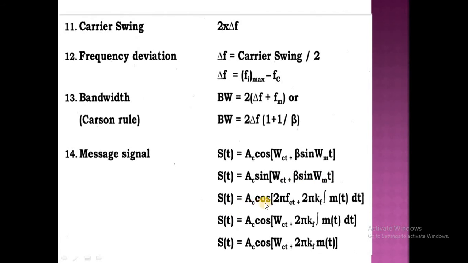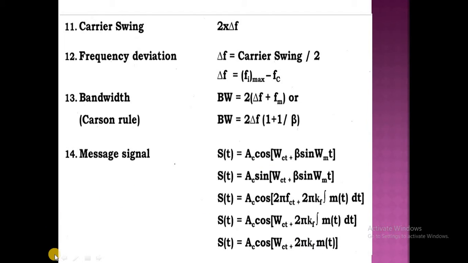Here beta stands for modulation index. Another equation is Ac into sin of omega ct plus beta sin omega m t. Also S of t equal to Ac cos 2 pi fct plus 2 pi kf integral m of t into dt. Another form is S of t equal to Ac into cos of omega ct plus 2 pi kf integral m of t into dt, and another form is Ac into cos omega ct plus 2 pi kf into m of